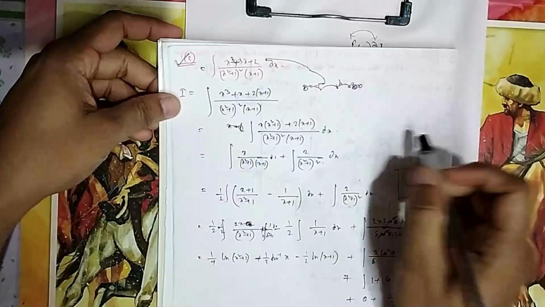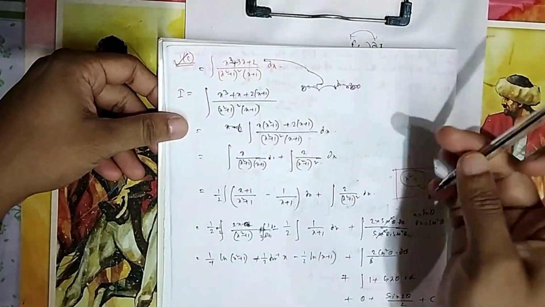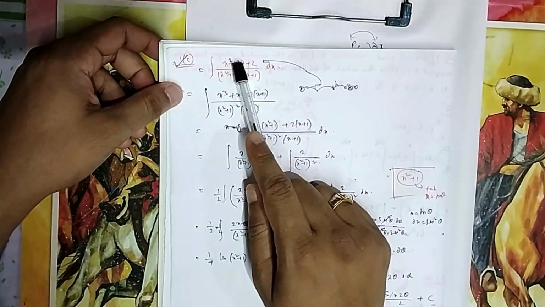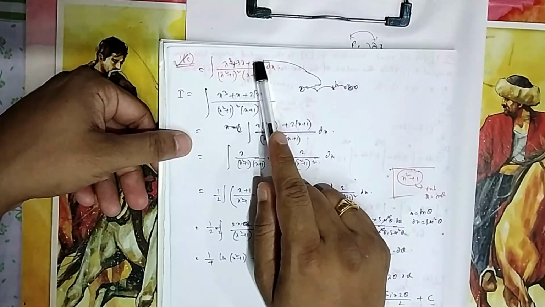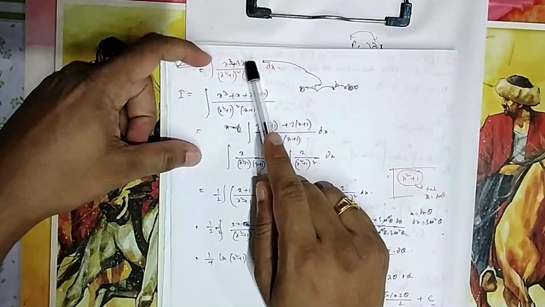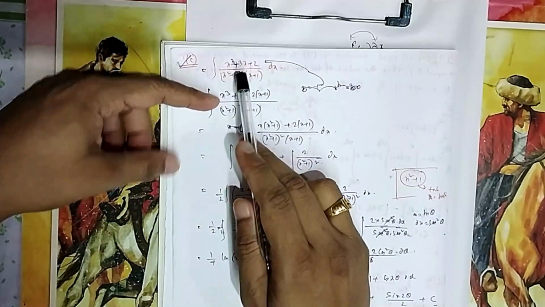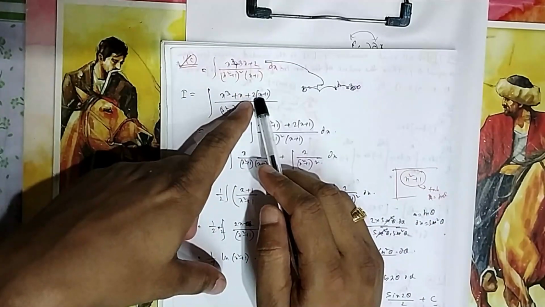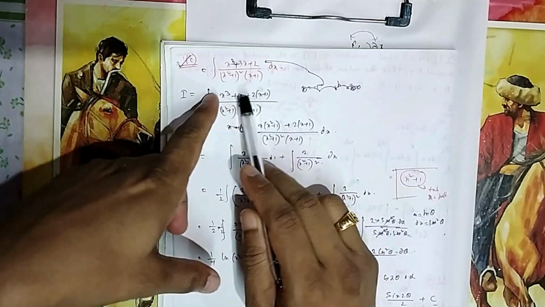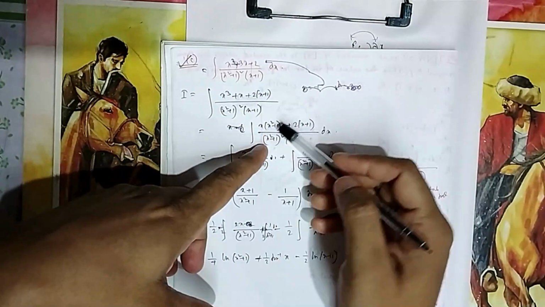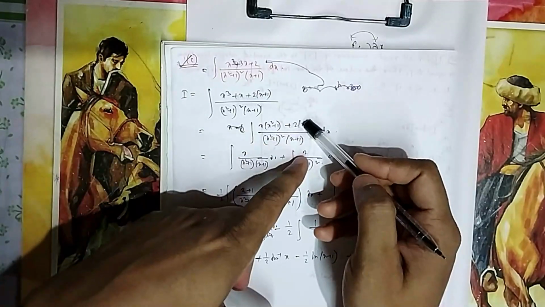In question number 1C, it is asked to find the integration of this one. So it is x cube plus 3x plus 2. It cannot be factorized easily, because it is not quadratic. But even if you are not factorizing, you can split the numerator. Suppose I write it as x cube plus x and then 2x plus 2. If I take 2 common, it is x plus 1. If I take x common, it is x square plus 1. So I can split it. One I can write this by this, and one I can write this by this.